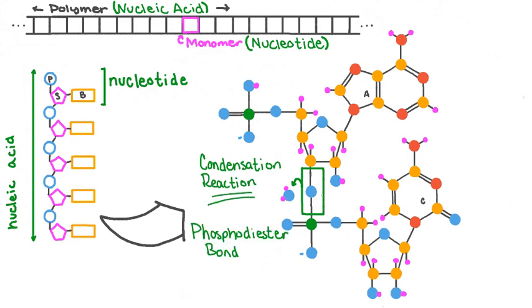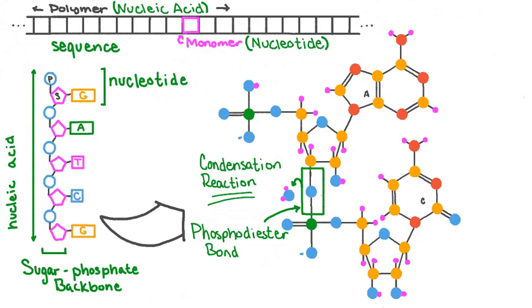The resulting bond between the phosphate group and these 2 sugars is called a phosphodiester bond. The bonds between the pentose sugars and the phosphate groups form a stable structural chain, which is referred to as a sugar-phosphate backbone. Well, we know that nucleic acids are adapted to store and transfer information, and that information is